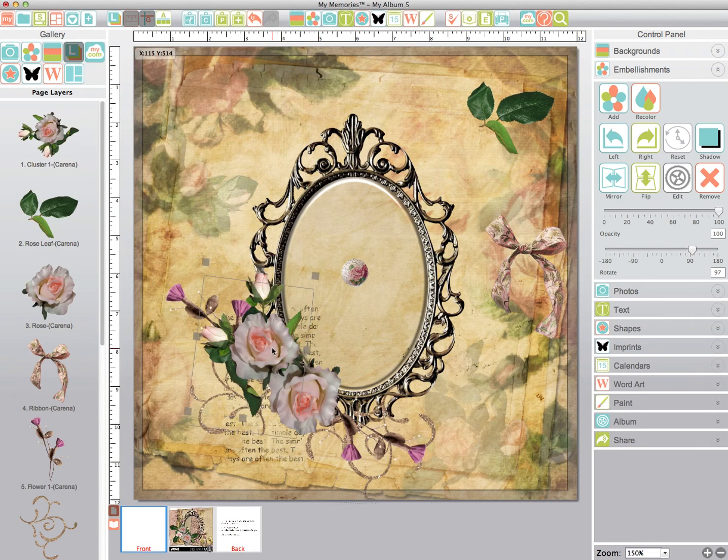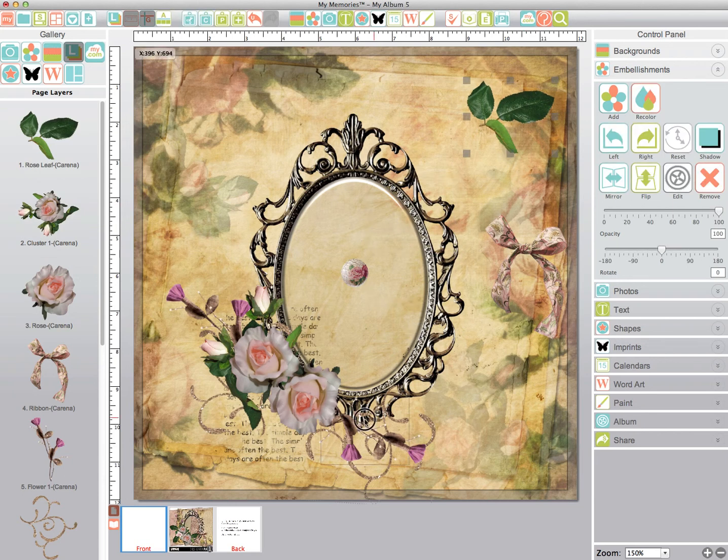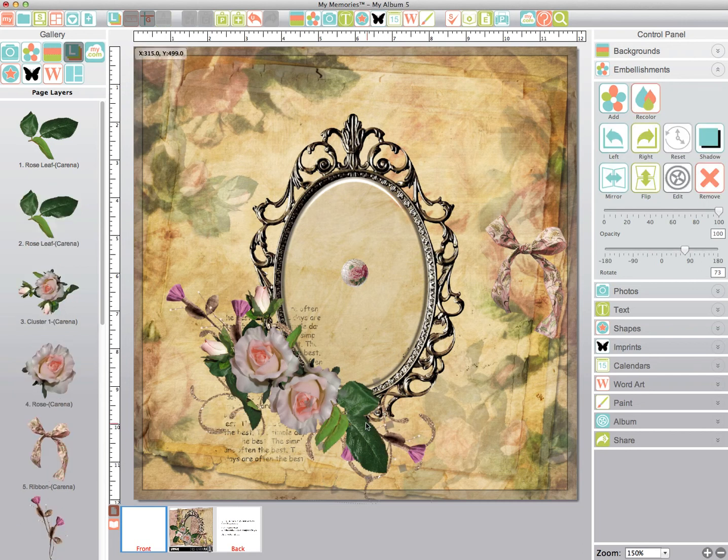And I want it to be sitting right about there. Great. Now I'll move that leaf to the top. I'm going to bring my leaf in. Give it a twist because you want your leaves sticking out from underneath. At the moment it's on top, but it's easier to work with it on the top. Give it a twist, move it over, that's good,